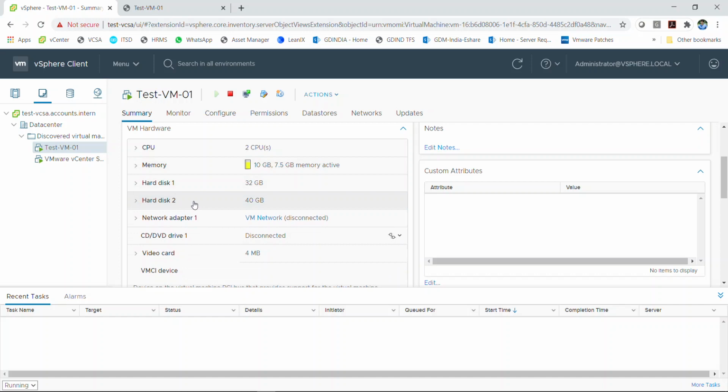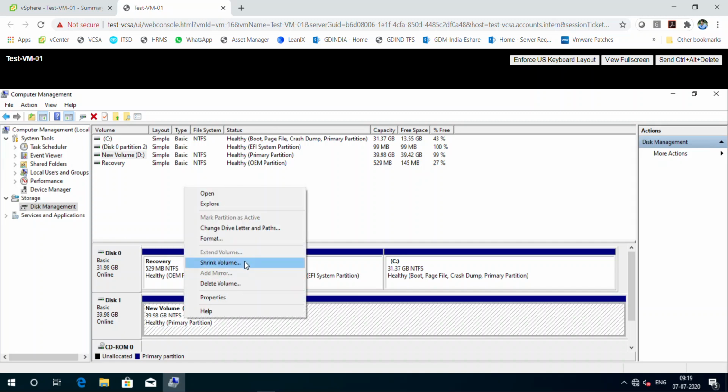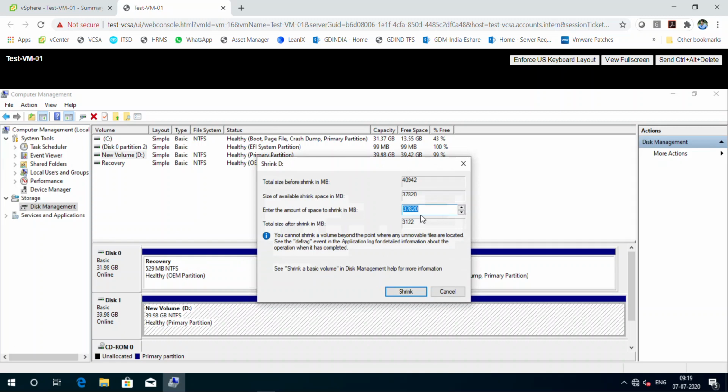The first step is to shrink the volume to the required size in the operating system, in the guest OS. So here we can see we have two disks, and we will shrink the size of the D drive. So let's shrink the size.